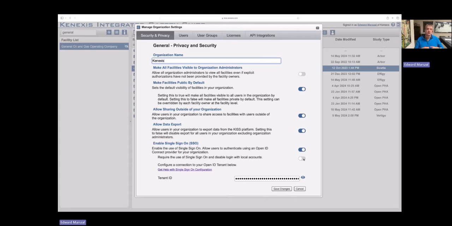That's going to be important to a lot of IT administrators in larger companies, because they know that if they suspend a person's Office 365 account because they were terminated or they quit or left the company for whatever other reason, if they disable Office 365, they're also going to disable their ability to get into KISS and any other software platform